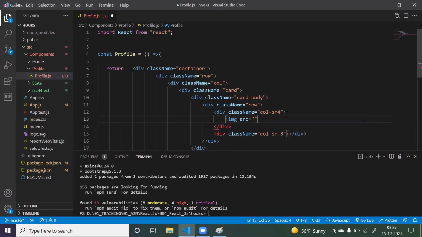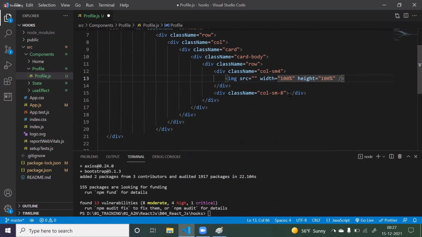Okay. Now here I want to display one image, src equals to, as of now, an empty string, and the width should be 100% and the height should be 100%. Done. Here I want to display the image. In the same way, here I want to display certain data.